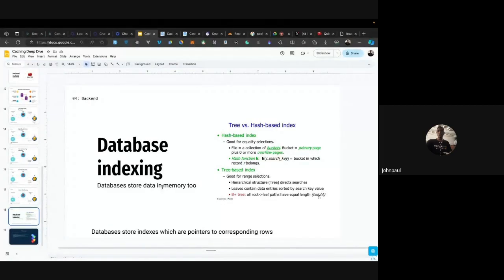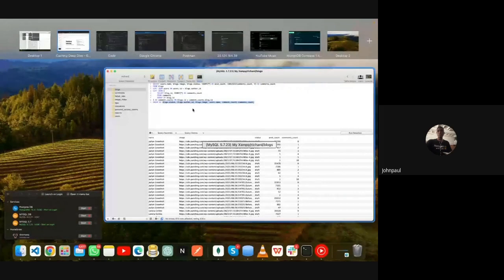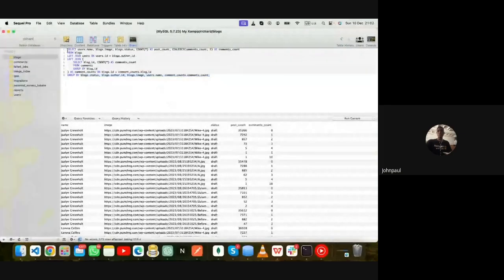So what it does is internally it creates a system just like a hash map. It stores the email and links the email to the row in which that user's details are stored. So if you are trying to select all from users where email is this, it's going to do, I would say, an O(1) query, because it's going to just get the row itself without having to scan through all the rows. And a very good way to analyze what is happening is by using